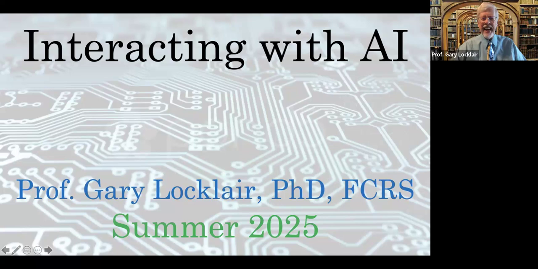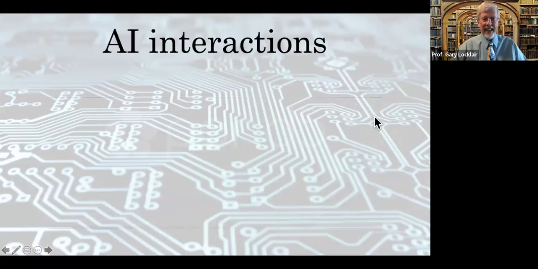How can we effectively interact with artificial intelligence? AI is part of our lives now, and we all interact with it either knowingly, picking up your phone and talking to your digital assistant, or unknowingly, perhaps booking an online reservation. So, what are the aspects of interacting with AI? How can we do so effectively? And what are some of the consequences of interacting with AI? Let's explore those today.